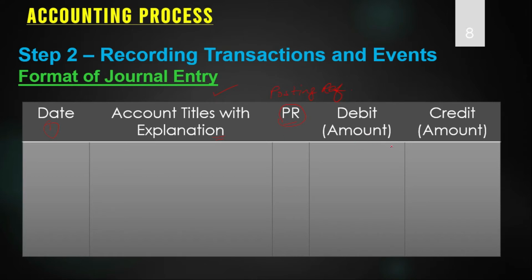Now the 2 columns are for the amounts, the debit amount and credit amount. You can also use the currency symbol. For example, if you are making the accounts in the United States and writing the currency in dollar, you can write the dollar sign, or if you are in India you can write the sign of rupee. If you are in Saudi Arabia you can write SAR. So it depends upon which currency you are using to maintain the records.